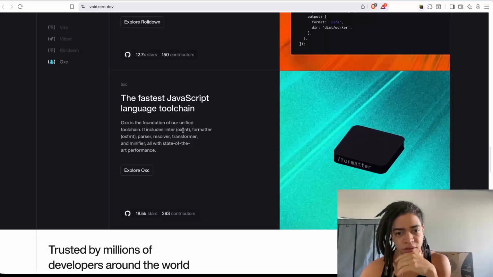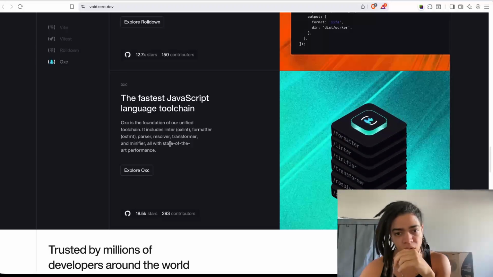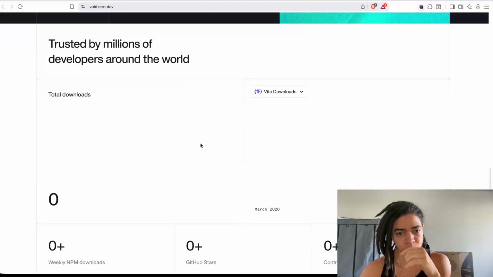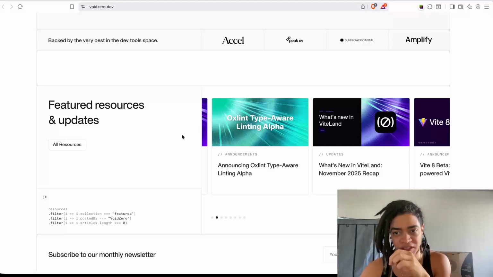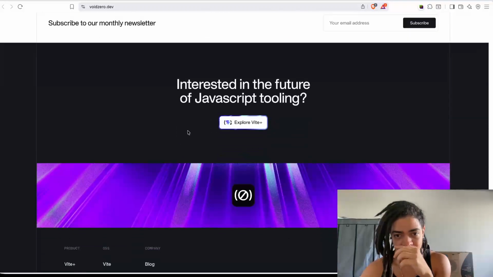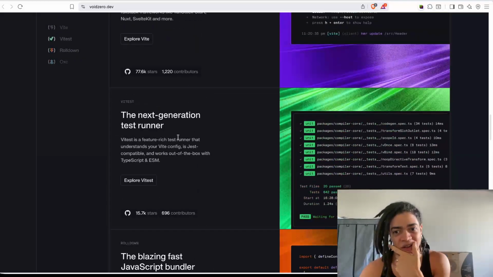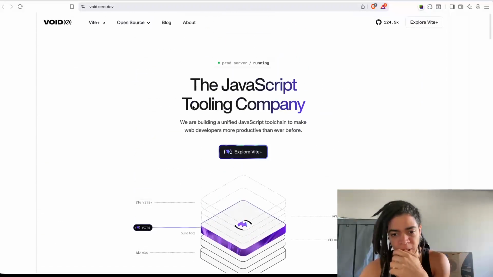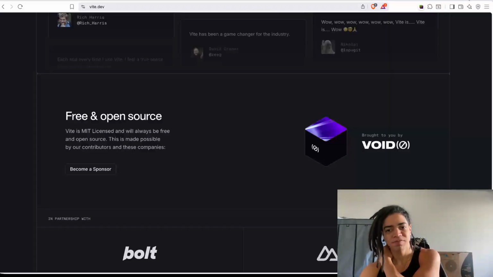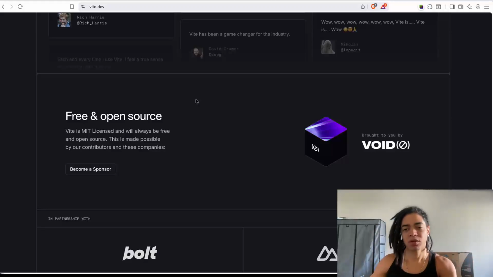It includes linter, formatter, parser, resolver, transforming, and minifiers, all with state-of-the-art performance, right? So developing applications on the current state of the web is something that has grown in complexity, but again, is to solve these industry standards. All right. So now, with that, I look at the essentials of TypeScript, which is